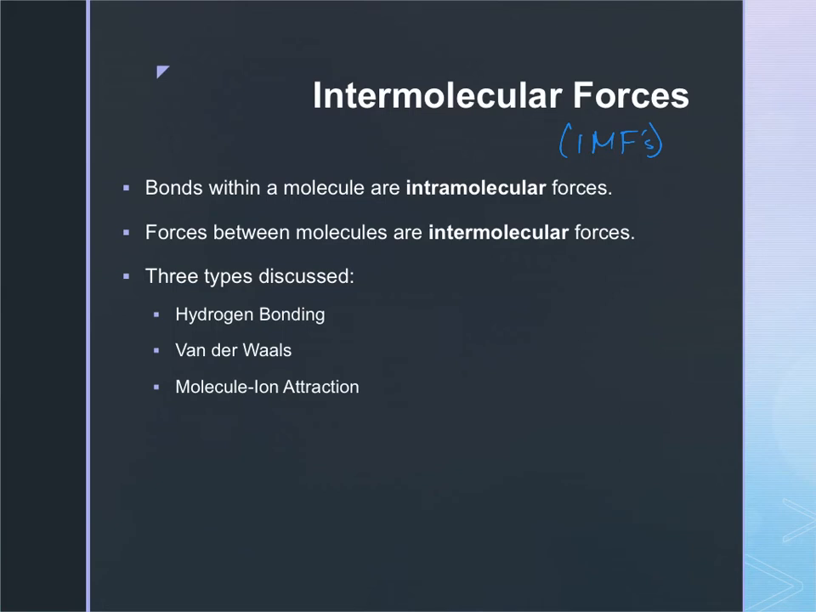So the bonds within them are intra. So intra meaning within. The ones between them are inter. So think of the word international, between nations, outside your own country. It's between nations. So the word inter meaning between. And we discussed 3 different types in class: hydrogen bonding, van der Waals, and molecule ion attraction. Okay? So just to illustrate the point of inter versus intra,